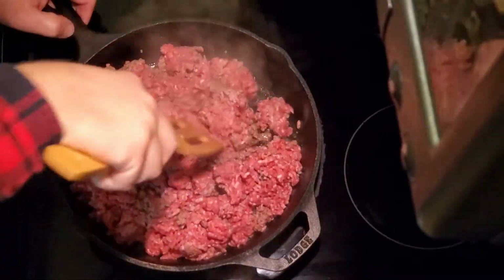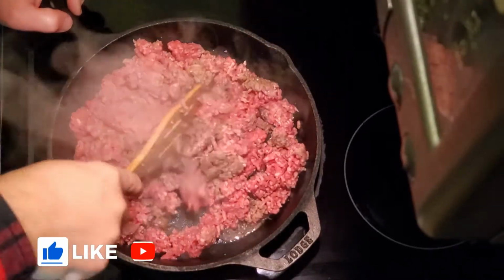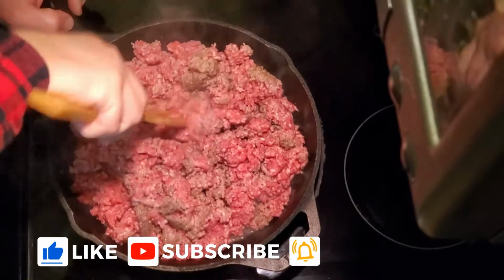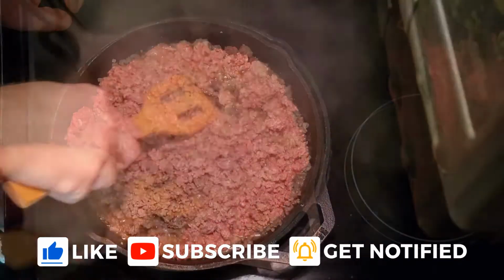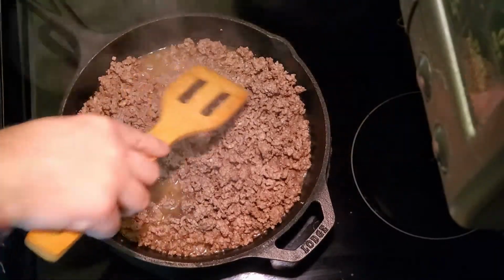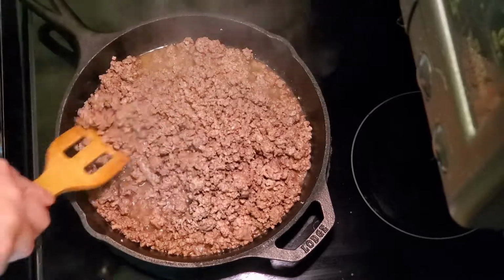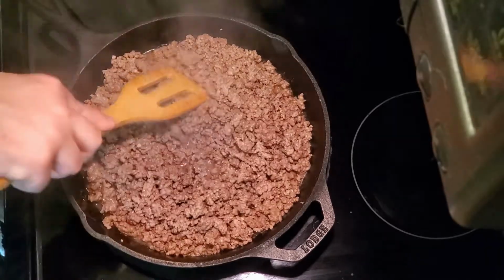Steady chop this as you go. Stir. Flip. Remember, you want ground beef here, little pieces. We have all the pink gone. As you can see, there's grease, even at 93%. And what we're going to do, we're going to strain and we'll rinse this off and get this into our